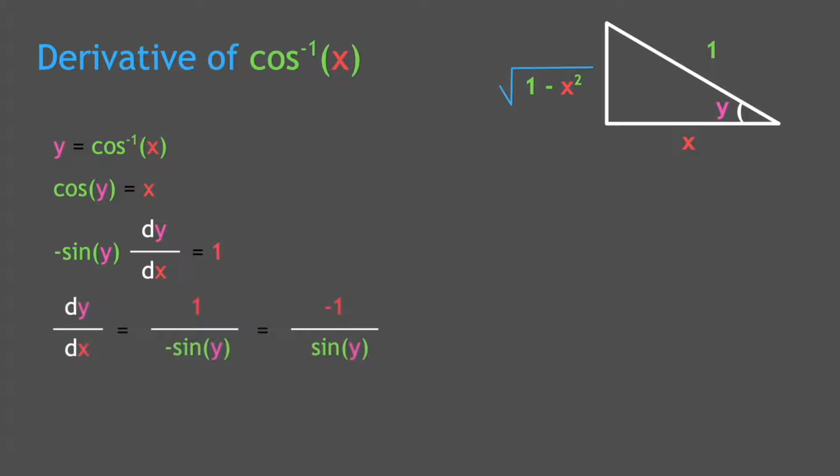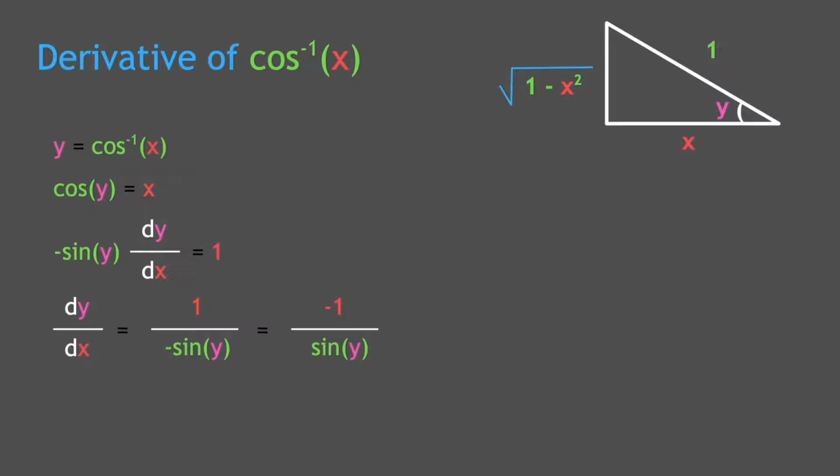What we're going to do here is solve for dy over dx and have dy over dx is equal to 1 over the negative sine of y, which is equal to negative 1 over the sine of y. You don't actually have to bring the negative sign to the top. You can leave it in the denominator. I usually just prefer to bring it to the top because it's easier for me to read, and I also like remember to do distributive properties with it if I need to, but it's whatever you're most comfortable with